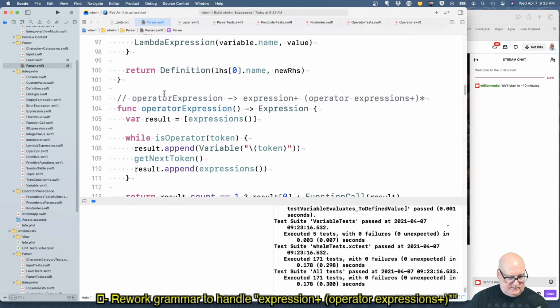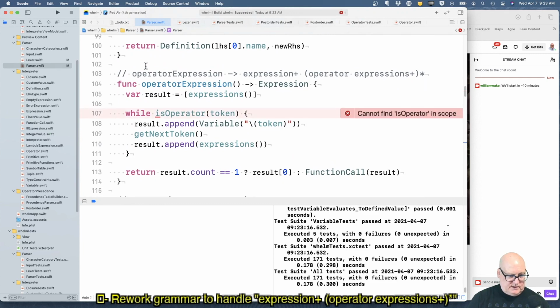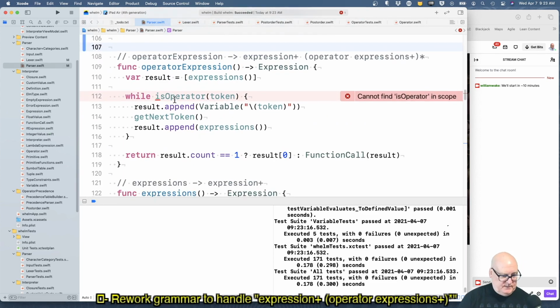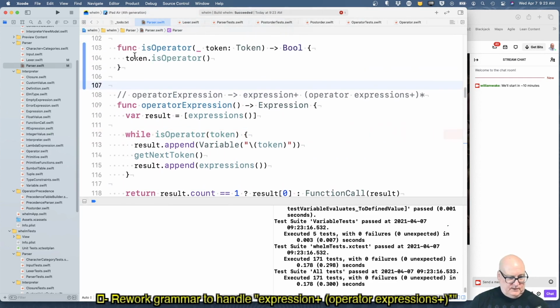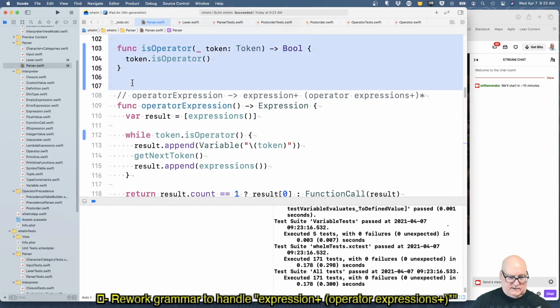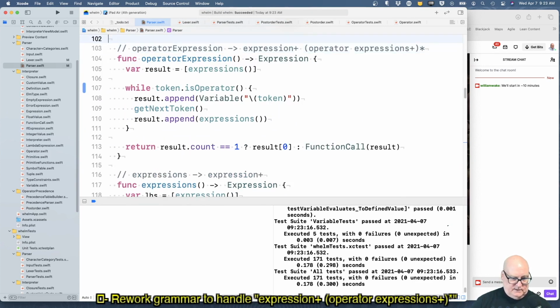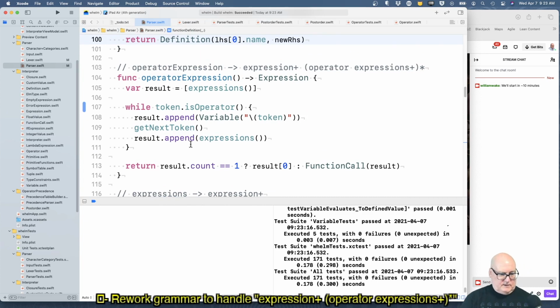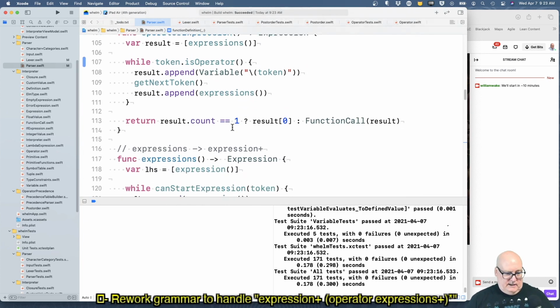Now we can inline this. I'll just move it up first. Where's our operator expression? Put it right up here for now. Is operator of token. We should be able to say token.isOperator. Now nobody's calling this. We'll just dump it. While the token is an operator, and the structure is very similar.